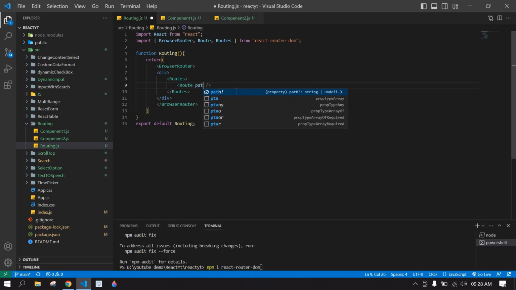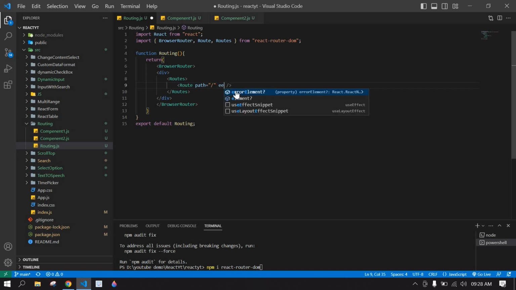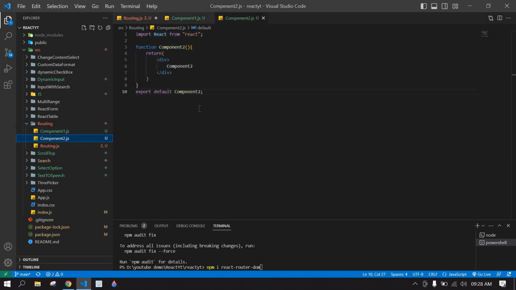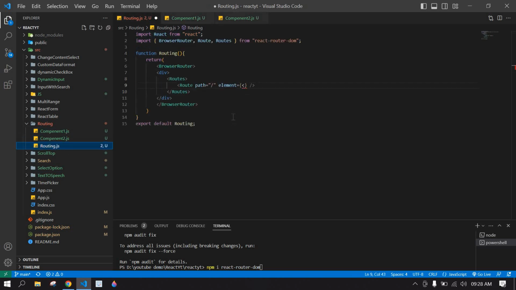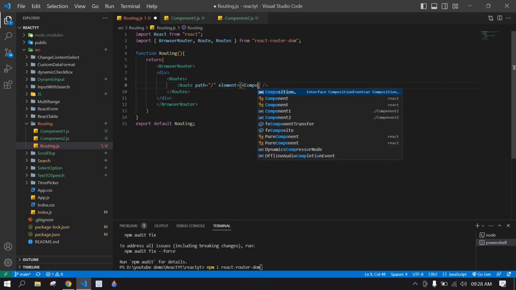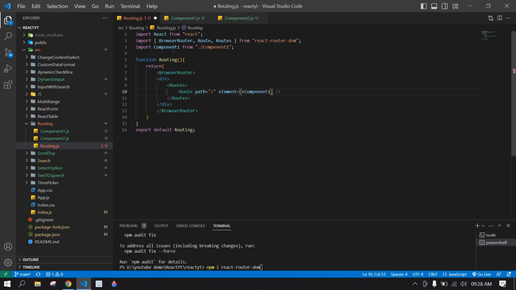Here path, initially it's home page, and also I'm going to display element. Here I already created component 1 and 2. I'm going to display component 1 here. It's imported here. Also I'm going to close it,